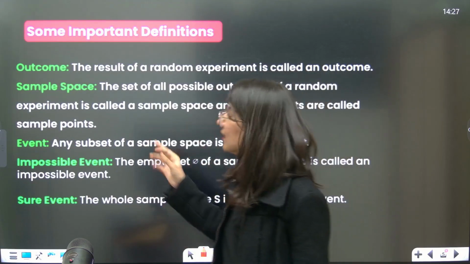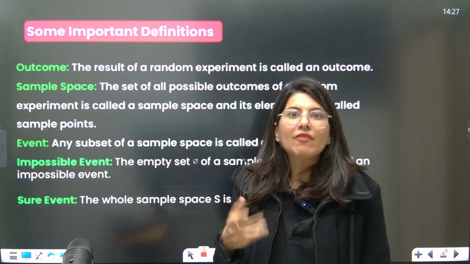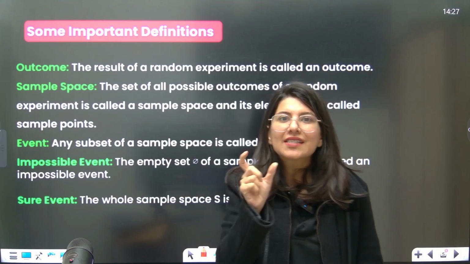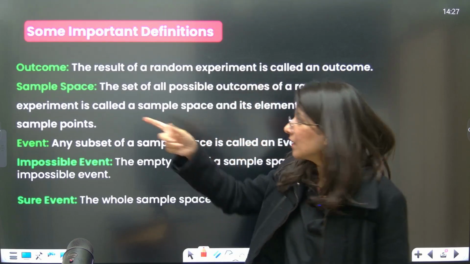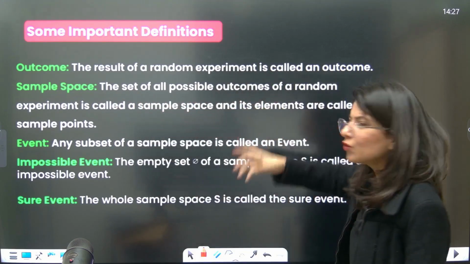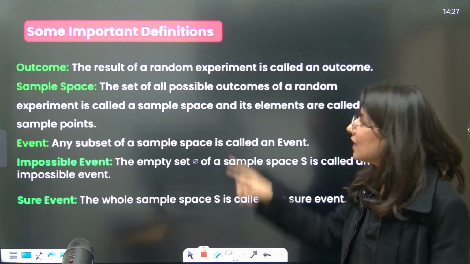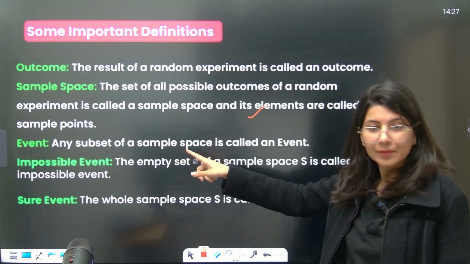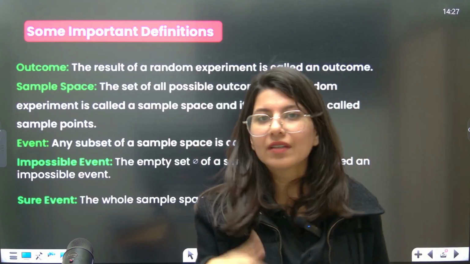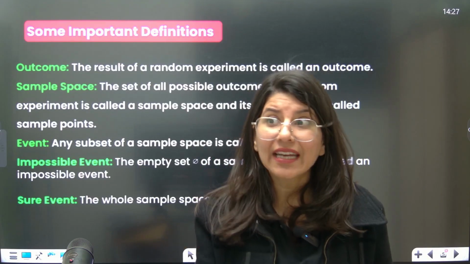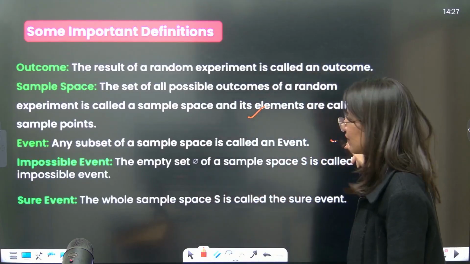Now, these are some important definitions which you all should know. First of all, random experiment, I already told you. Outcome of a random experiment. So what is this term outcome? That means whatever you can get from that random experiment. Sample space, I already told you, all the total possible outcomes will be written down in the sample space. Then event. An event will be something very specific. Suppose getting an even number, getting an odd number, getting a 1, getting a 3, getting a 7. Okay, so this is your event.